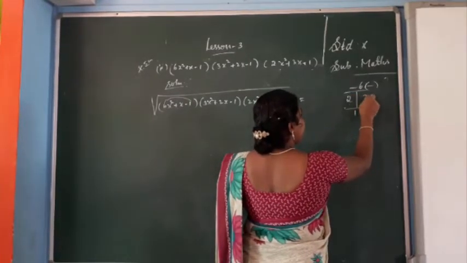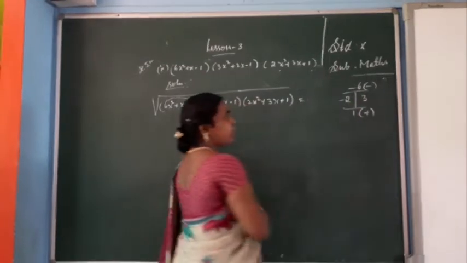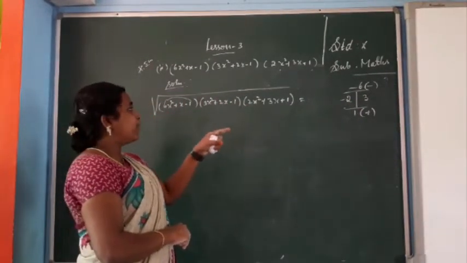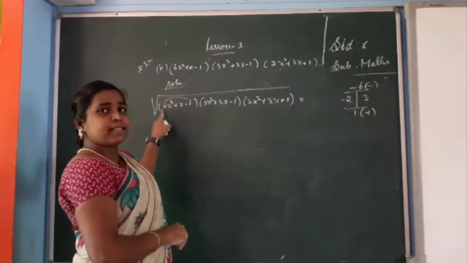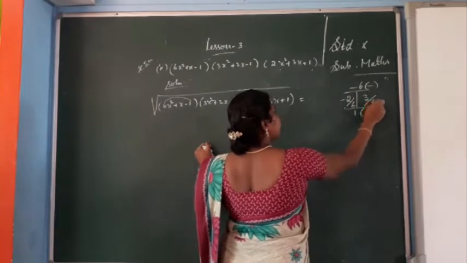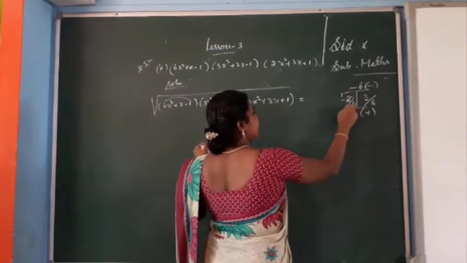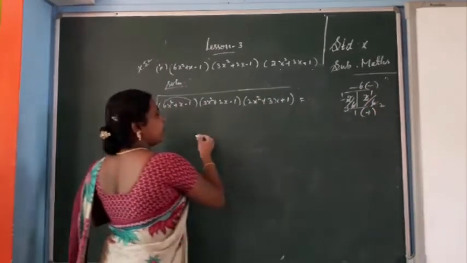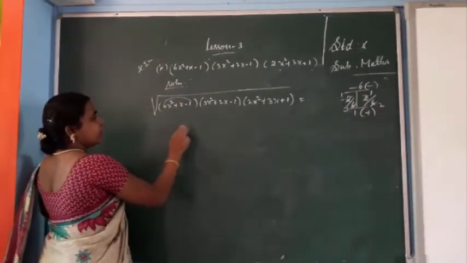You see, 2 threes are 6. I put the minus on the 2. So now you see 3 minus 2 is 1. Then the coefficient of x square is 6, so you divide by 6 and simplify. 1 2 is 2, 3 2s are 6, 1 3 is 3, 2 3s are 6.